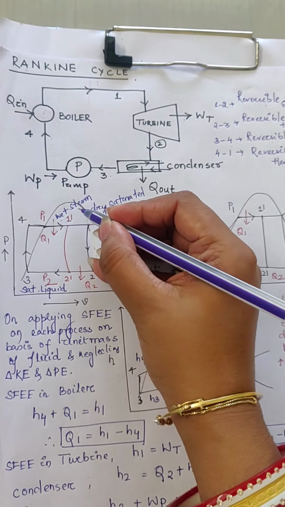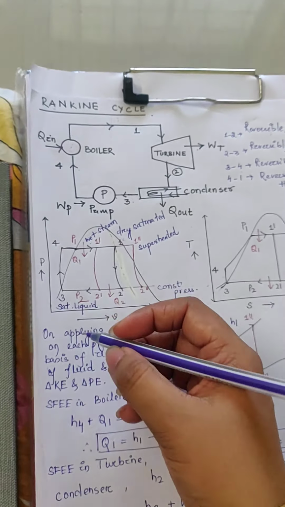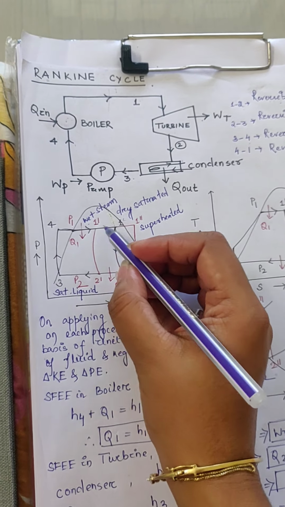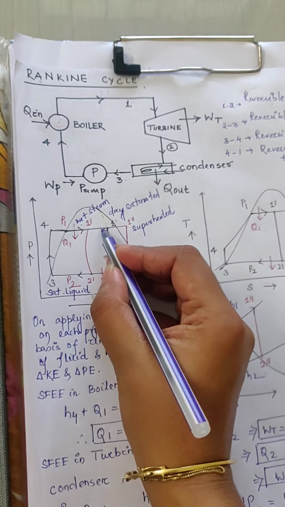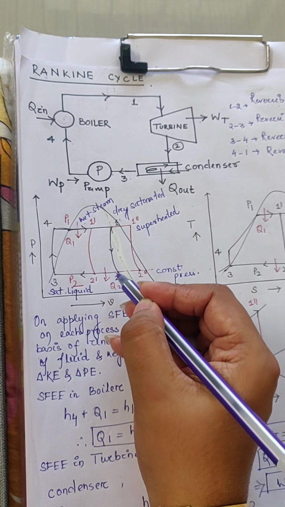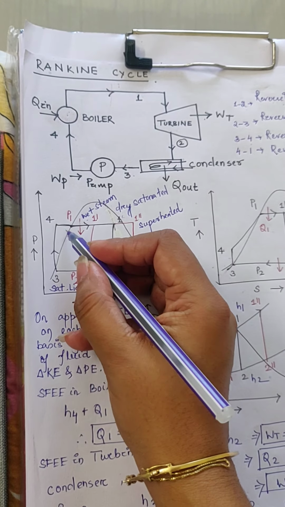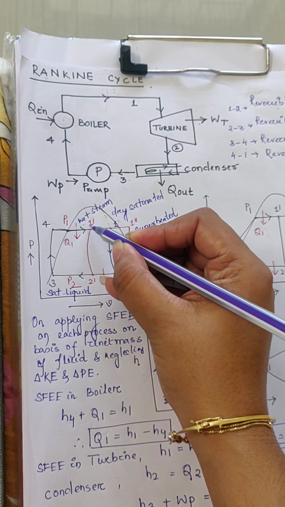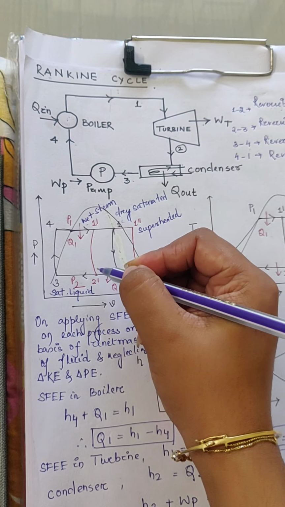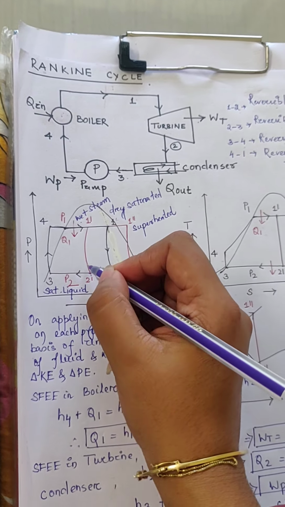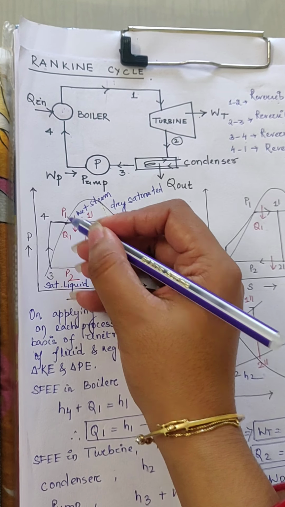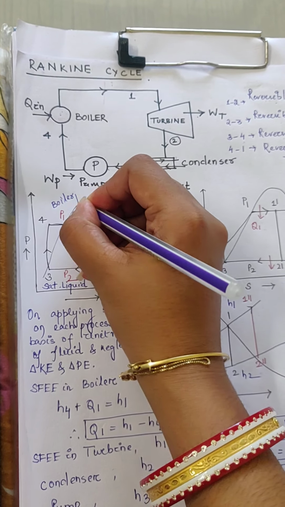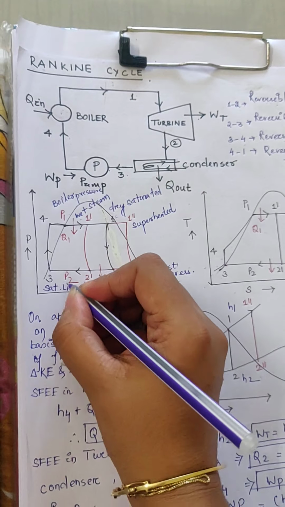If it is wet steam, then you can see the position in the PV diagram, because this one is the Rankine cycle and I have drawn the PV diagram. You can see that this black line is the actual cycle, so 1, 2, 3, 4 is the actual Rankine cycle. When the steam is wet steam, then the position will be 1 dash to 2 dash, and the cycle will be 1 dash, 2 dash, 3 and 4, where P1 is the boiler pressure and P2 is the condenser pressure.